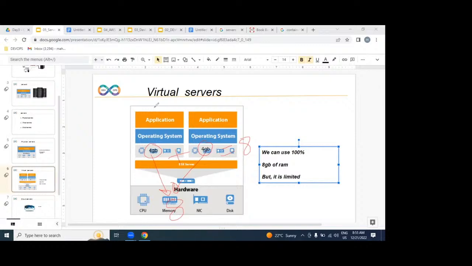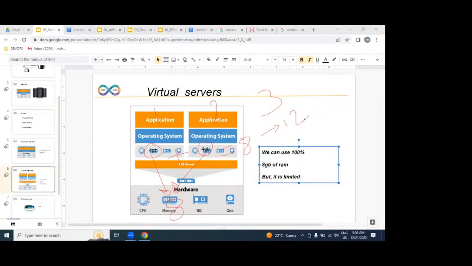On top of the first virtual machine is application number 1 and on the second virtual machine, number 2. Clear or not? But my worry here is I want to deploy a third application also. Where? Already 100% used. Where can we deploy? Option is no. If you want to deploy a third application, we require one more 4 GB immediately. 4 plus 4 plus 4, that means totally how much, guys? 12 GB.